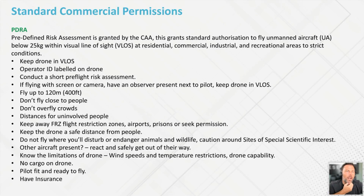So our clients tend to dictate the level of insurance we need as a business, and there are very distinct business insurances. So there's the business insurance that I'm sure all of you will be familiar with: public liability, employers' liability, professional indemnity. But what you tend to find is they won't cover the drone operations. There will be an additional policy to cover your drone operations, and then the requirements of that drone policy will